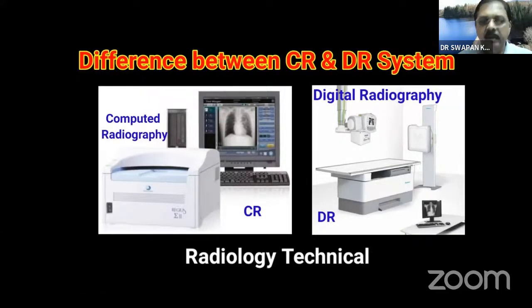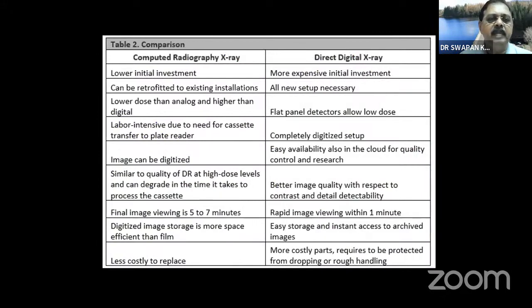So digital radiography is better because it's a comparative study. The computer radiography is still in use because it has a lower investment cost, and particularly if there is any X-ray machine, you can convert it into a computer radiography machine. But digital is more expensive, though it gives a lower dose than analog. In computer radiography there is a lower dose, but in digital there's a very low dose of radiation because we are now concerned about radiation also. But the image can be digitalized, and even in digital X-ray, you can even put it in the